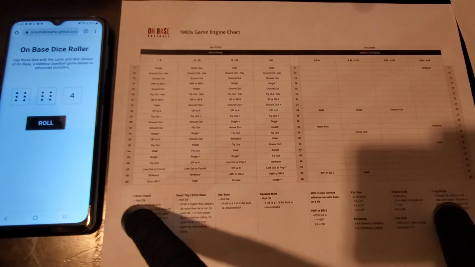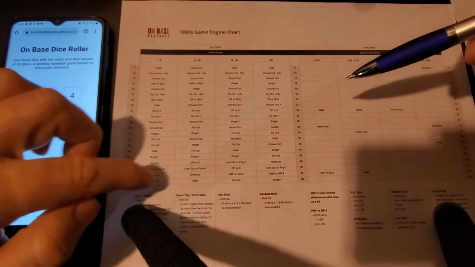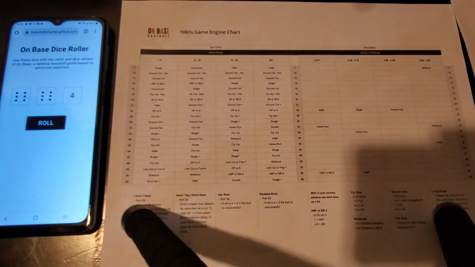There's a 6-6 to Andre Dawson, and that's going to be a double for the Hawk. It's his first knock of the ball game. So the Expos have a runner at second base with nobody out. It's going to be Tim Wallach to the plate. A 2-4 from Wallach. Pitching out of this first column, a 2-4 is going to be a double play or a strikeout. So that's going to be a K as Darling gets Wallach looking. And that'll be out number 1 in the inning.